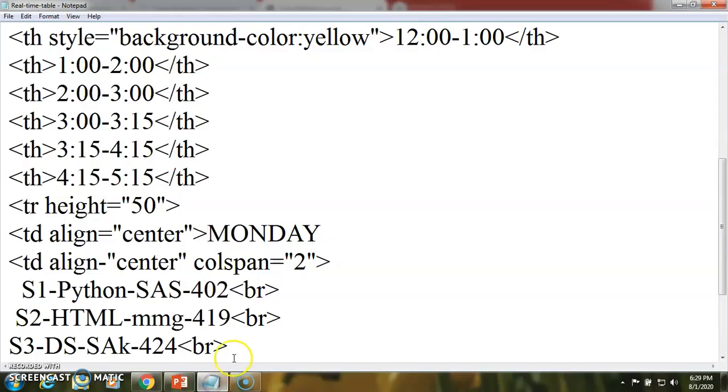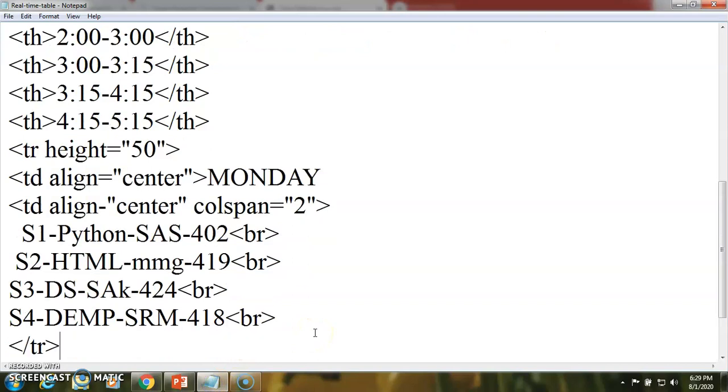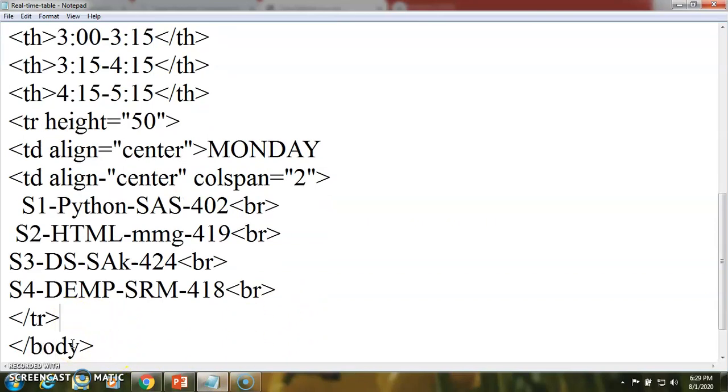Similar way we can add more rows in a web page. We can add them one by one. After this we are going to add the second row. Again start with the table row and its height property.